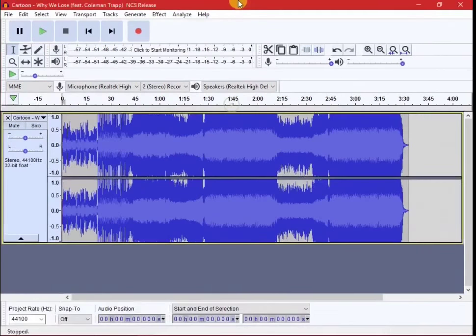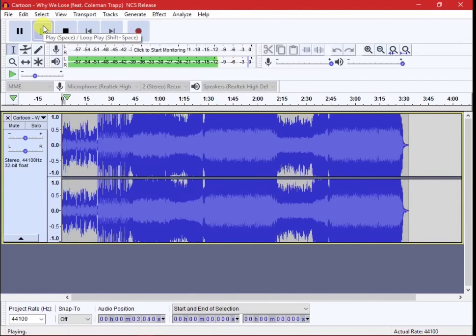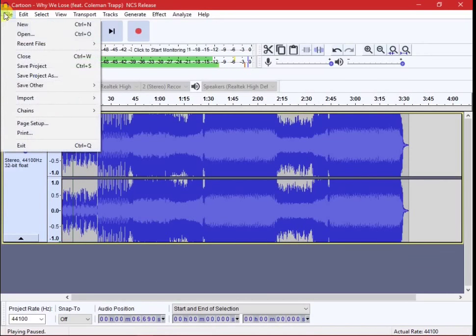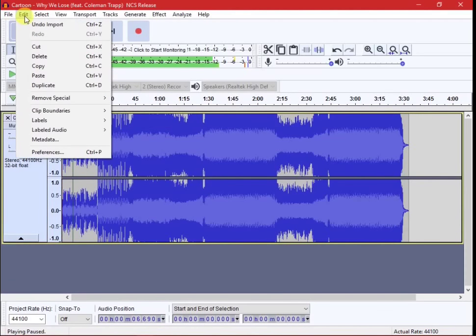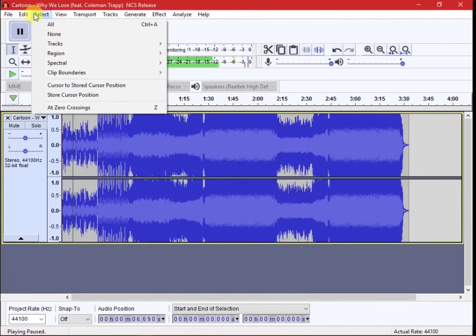So I'll just import an audio file. You can also import a video file, but that requires an additional plugin, which should be downloaded from an external page. That was the pause tool, pauses music, basic stuff, and file explorer has all these options here. You can export it as MP3, but this too requires an additional plugin to export it to your required media. The undo, redo, copy, cut, paste all comes under edit,